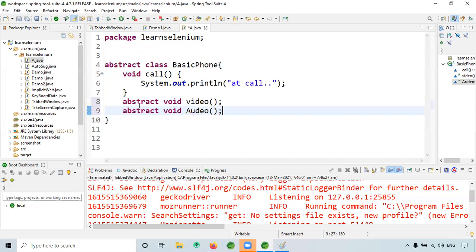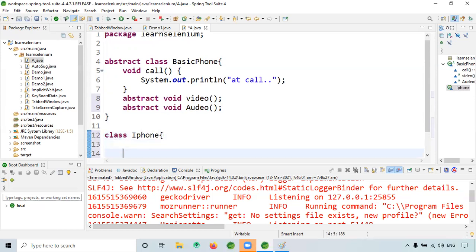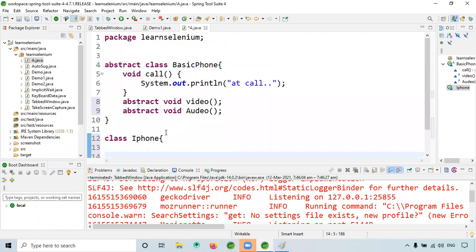Now what I will do is I will have a class, let's say we have something called iPhone. Now the iPhone class is there, which extends this basic phone.